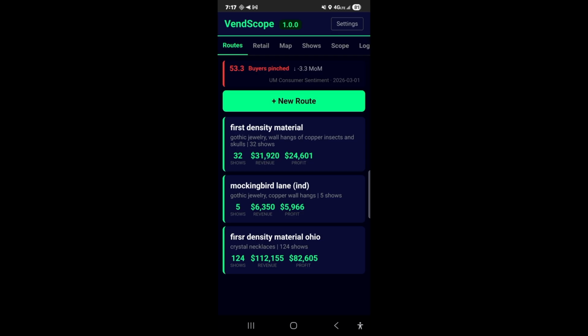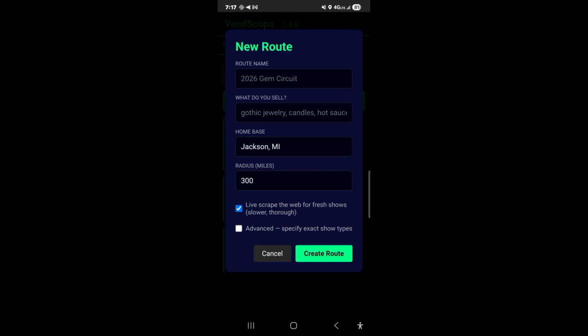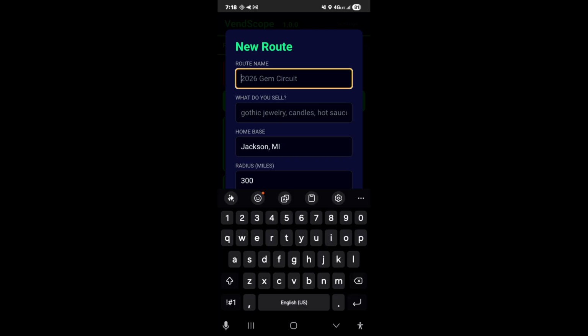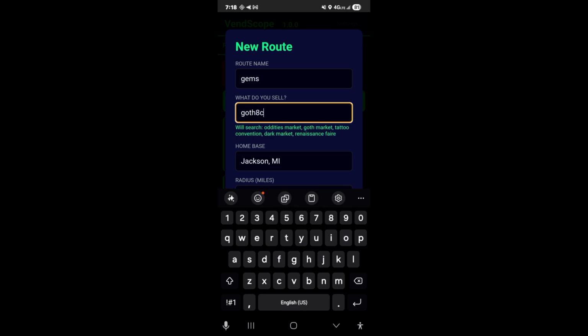I'm interested in traveling with a route. I think that Gem and Mineral Society shows are a good fit for my product, but I'm unsure where to even discover all the Gem and Mineral Society shows within a state. So all I'm going to do is name my route either my business or my idea, and we'll call it Gems this time, just for simplicity. What do I sell? Well, it's a mix between gothic jewelry,